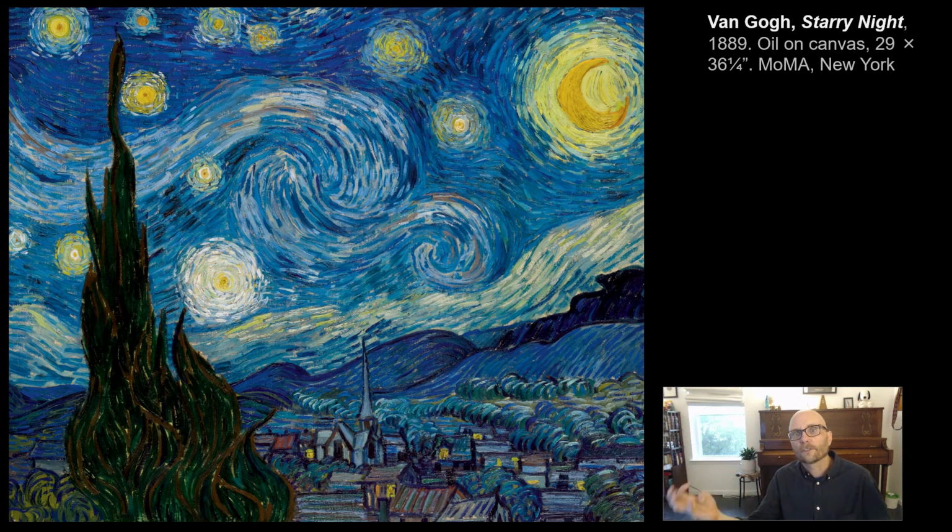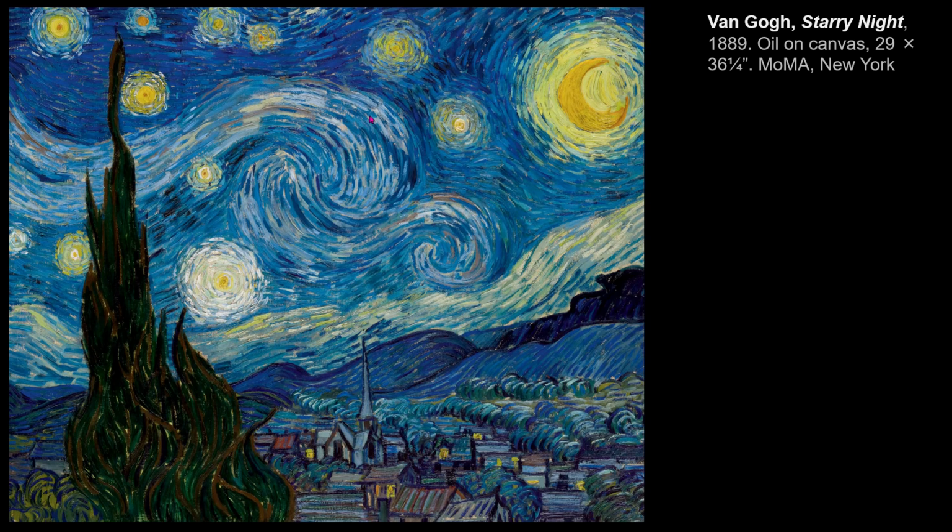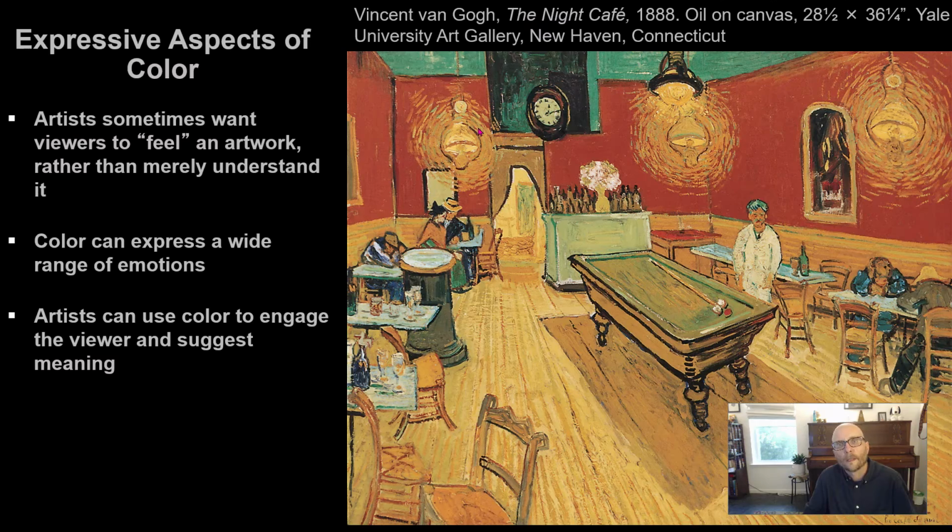And then the colors appear as if they're moving. He's creating these sort of swirls in the sky as almost if these are like souls flying up into heaven. So he's using color to express this sort of emotional ecstasy and this kind of spiritual ecstasy that he is experiencing. Another very famous image by Vincent van Gogh,